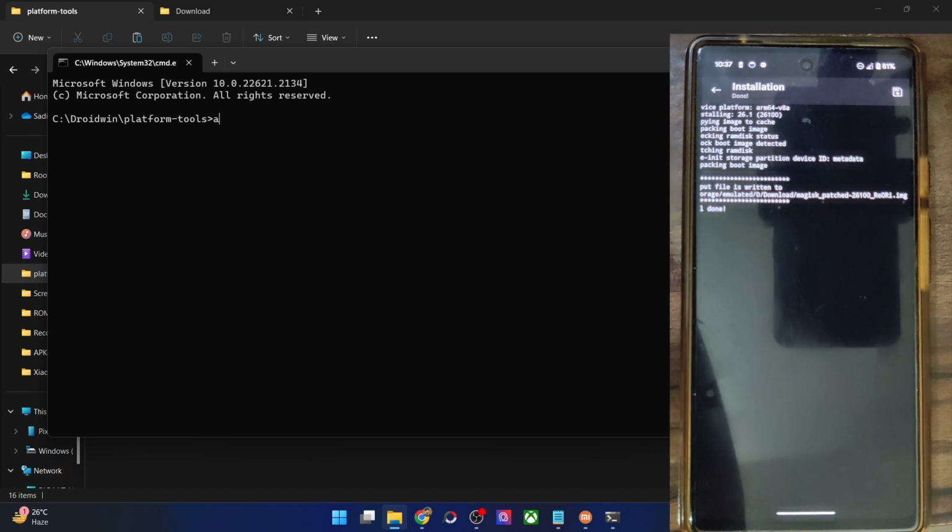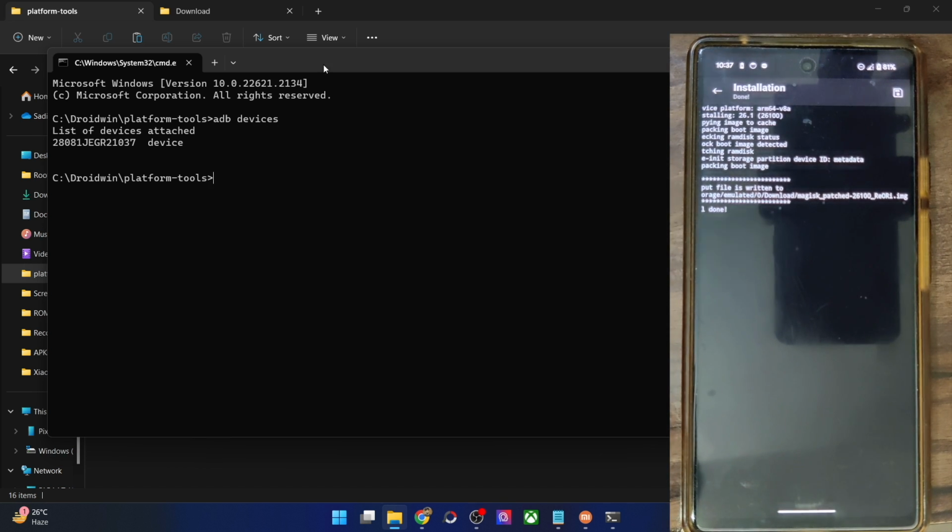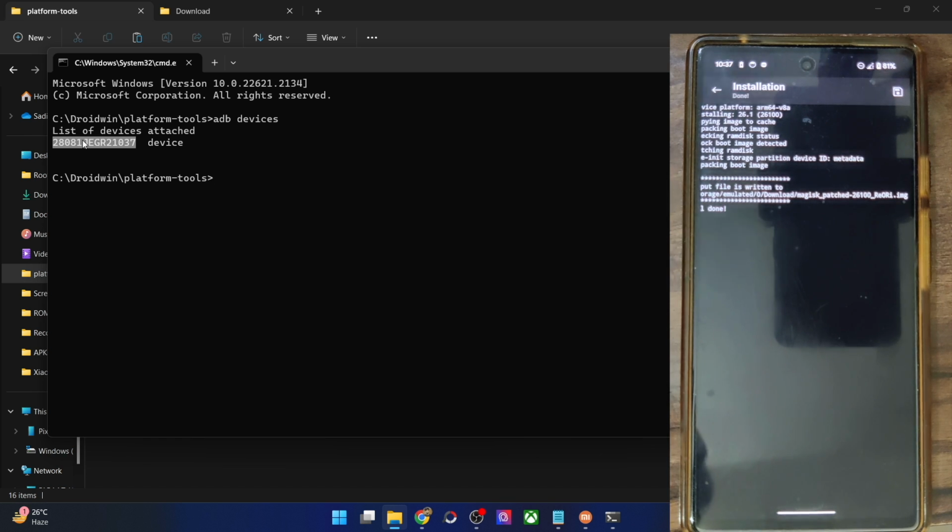Now type in adb devices and hit enter and make sure that you are getting a serial ID. If you are not getting any ID, then unplug and replug your phone from the PC, disable and re-enable USB debugging, tap on revoke USB debugging, use the official cable that came with your phone and use the USB 2.0 port on your PC. Carry out these USB tweaks and make sure that you are getting an ID. Once you are getting this ID, you can move ahead and boot your phone to fastboot mode.